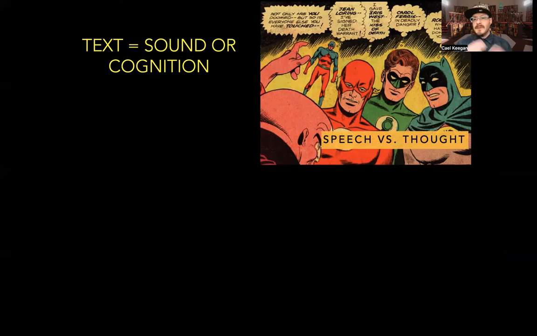And notice that here we have speech versus thought represented. So this bad guy again, primacy in the left-hand side, is saying not only are you doomed, but also is everyone else you have touched, right? And he's got this spiky outline on his dialogue, which means he's like evil yelling. He's kind of evilly yelling. He's like doing something aggressive, right?